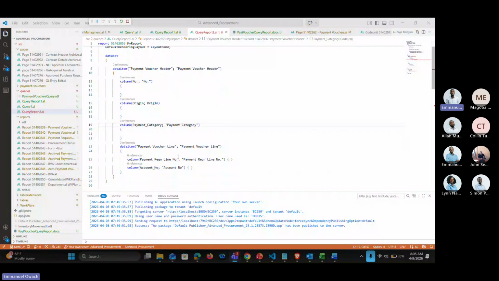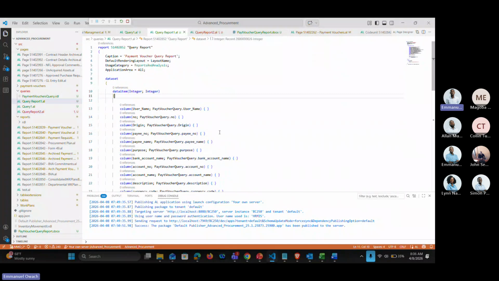So Microsoft lets us know that this is not very convenient for tables that have large data sets, as I mentioned before, like the ledger entry tables, or the lines tables where there's a lot of data that we have to filter through. So they encourage us to use the query, which is what I was showing before. I stopped sharing. And the first thing that they tell us to do for the query is that you must add the query as